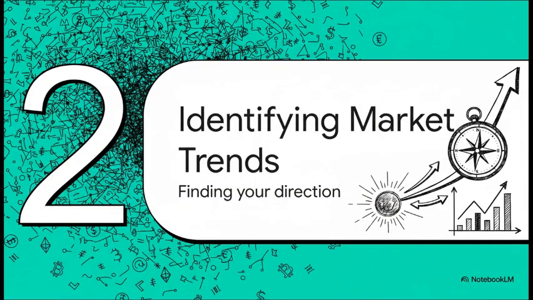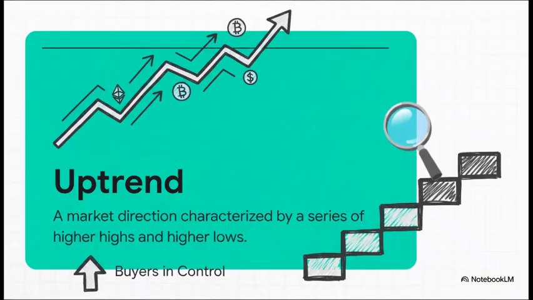All right, so in this crazy, always-on market, how in the world do you figure out which way is up? Well, you start with the most basic tool you have, identifying the trend. Seriously, just think of it like a compass. Before you do anything else, you need to know which direction the river is flowing. Probably the easiest one to spot is an uptrend.